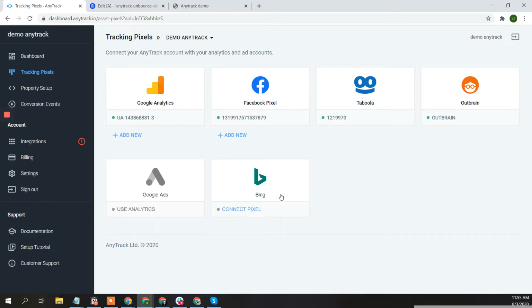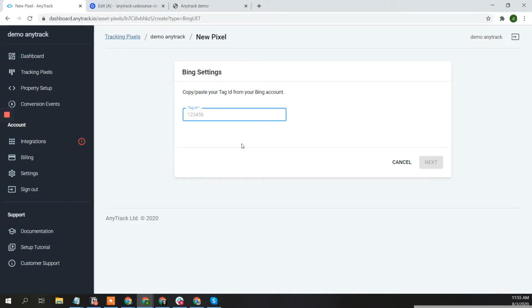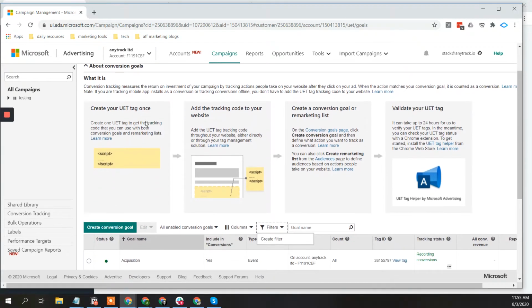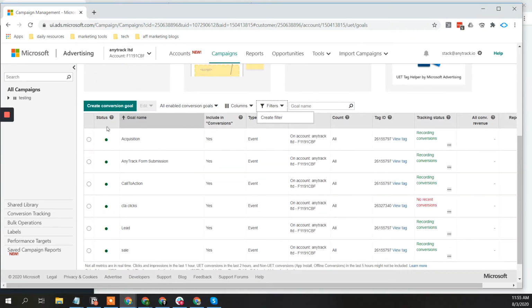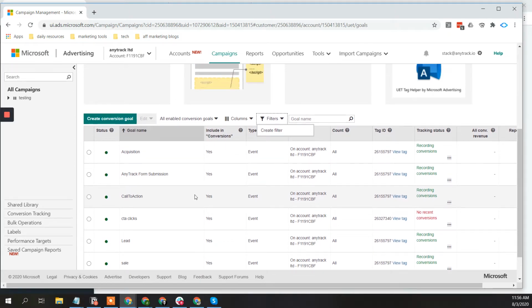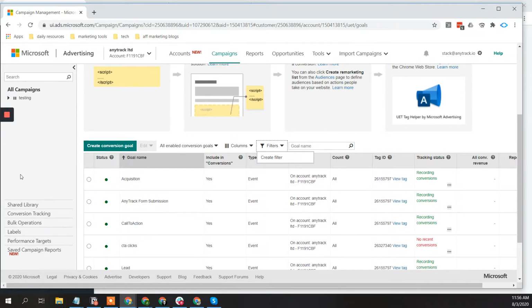So obviously we've got Bing ads here. Reminds me that we're going to have to change the name since they actually changed it to Microsoft Advertising. So in Bing ads, Microsoft Advertising, and here you can see that I've already set up some conversions,